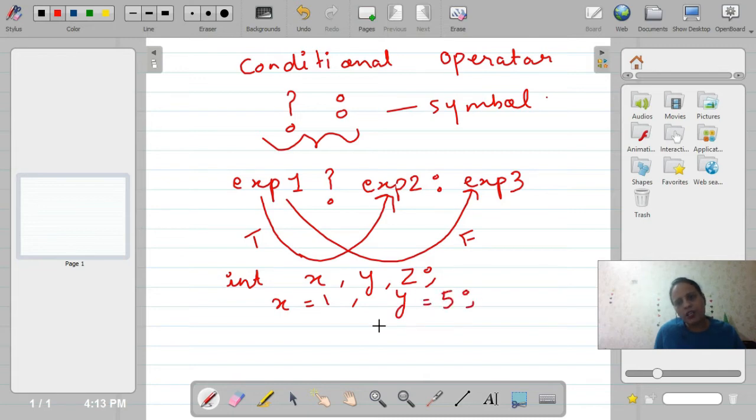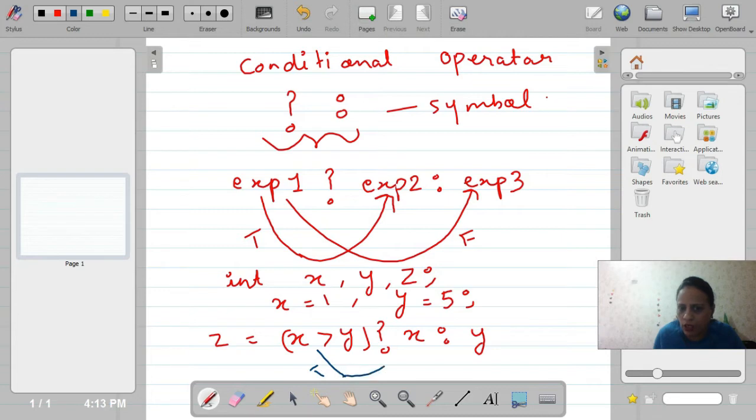And I write z is equal to x greater than y question mark x colon y. First the compiler will evaluate the expression x greater than y. If it is true, then z will be equal to x. If it is false, then z will be equal to y.